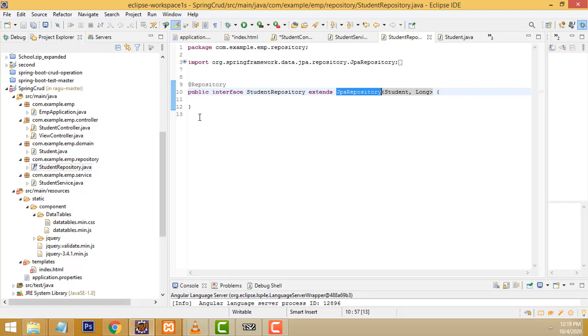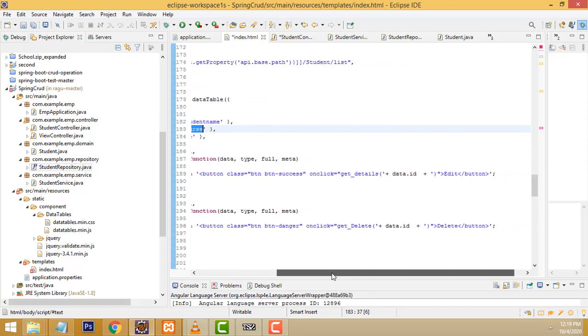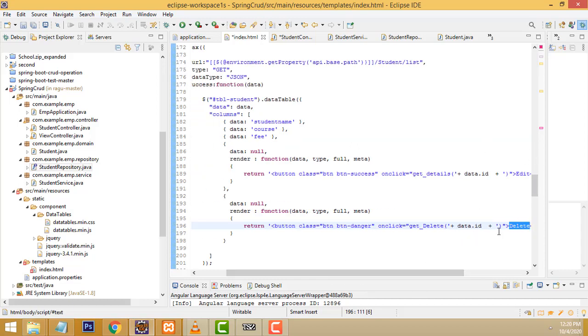Before watching this video, you must watch the basic CRUD part. Then only you will be able to understand what the Ajax does. That's the use of the Ajax, right? So here we get back to our index page. After that, it loads all the data, and we load it here. Along with that I have put two methods, edit and delete. I will explain this later on. This is very simple stuff we have to do.